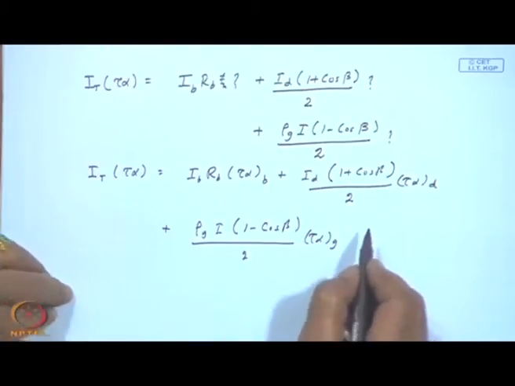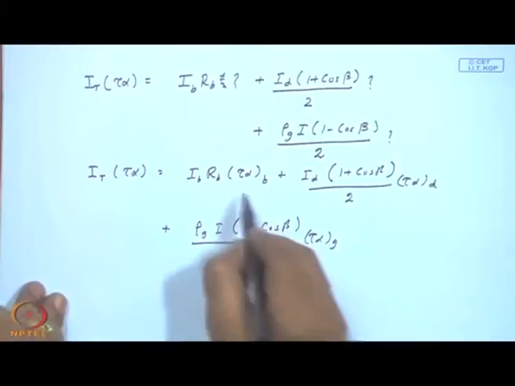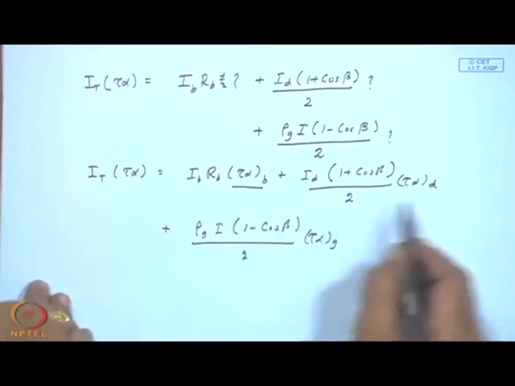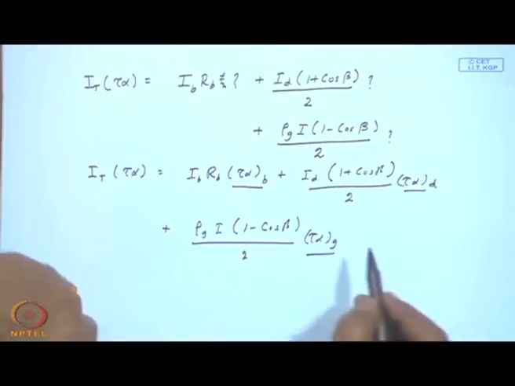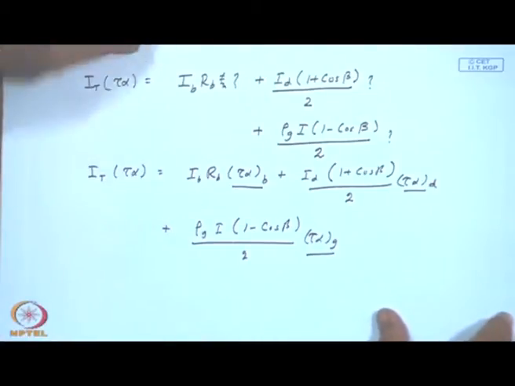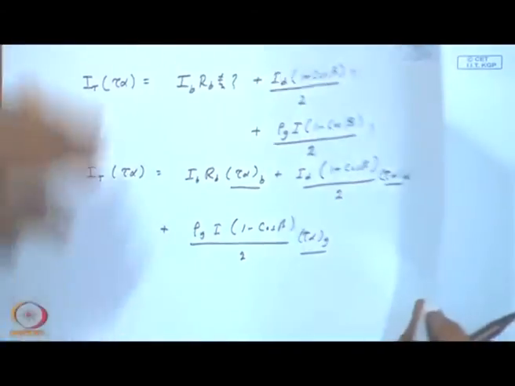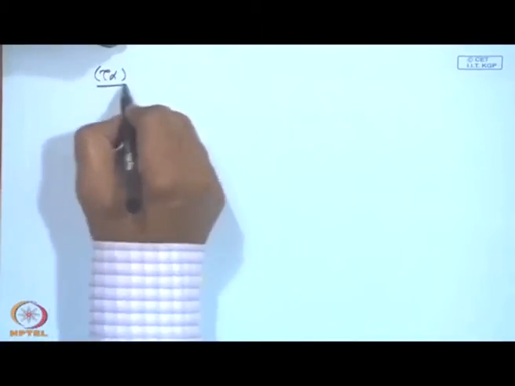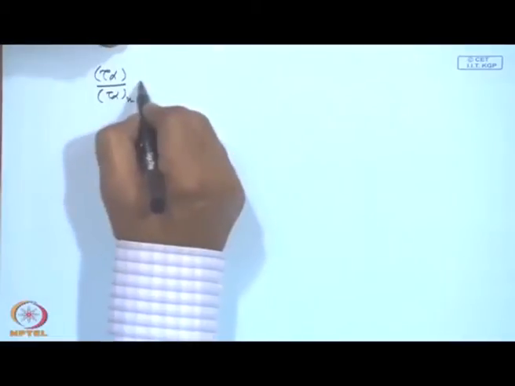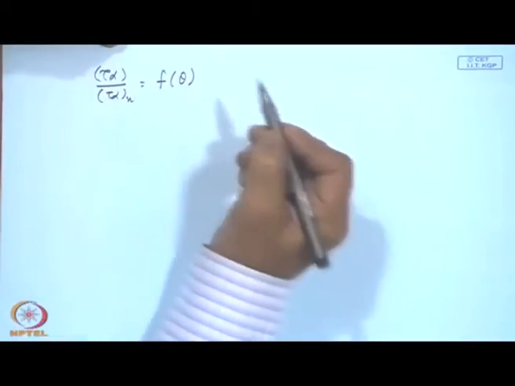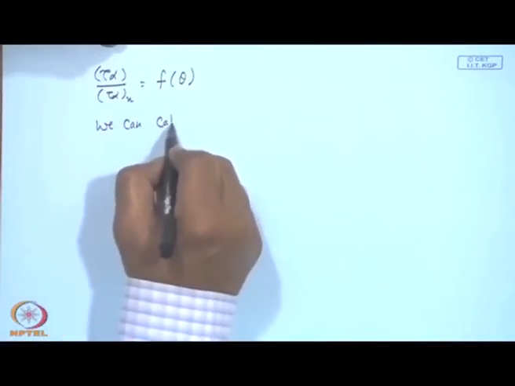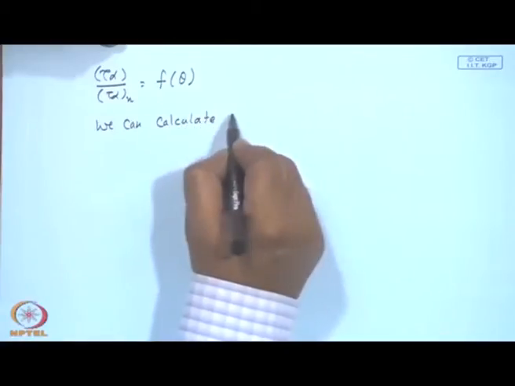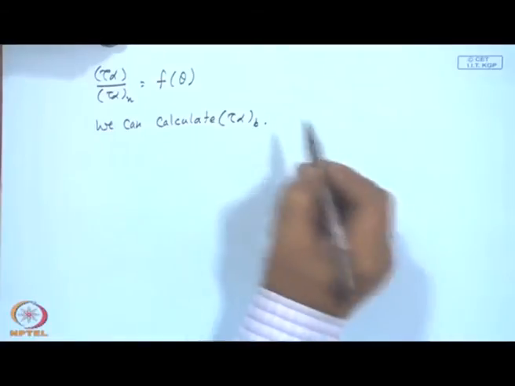We give the symbols tau alpha b for the direct radiation, tau alpha d for the sky diffuse radiation and tau alpha g for the ground reflected radiation. So, once we know it as a function of theta, we can calculate tau alpha b